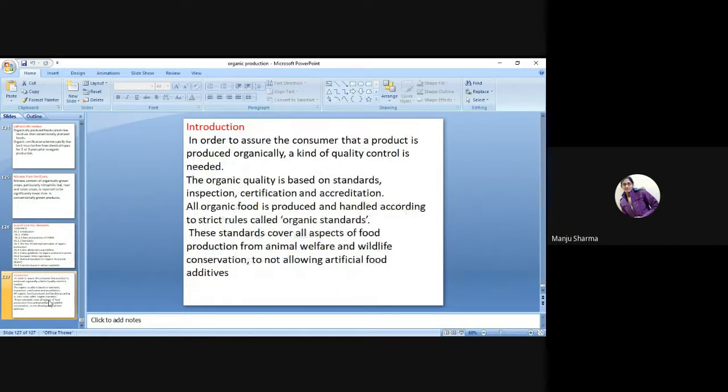So, first is the introduction. In order to assure the consumer that a product is produced organically, a kind of quality control is needed. So organic is based on standards, certification and accreditation. All organic food which is produced and handled